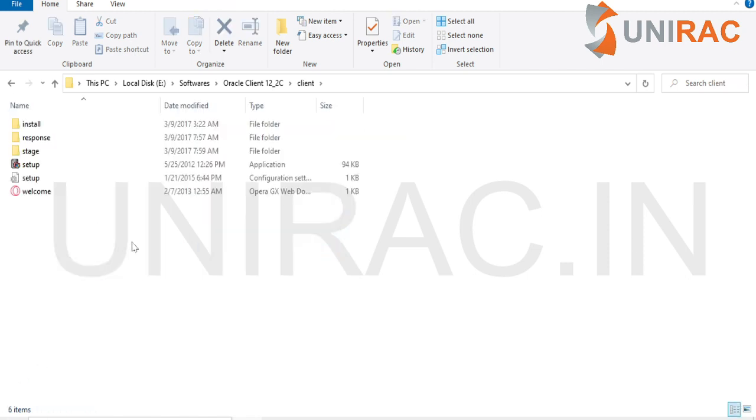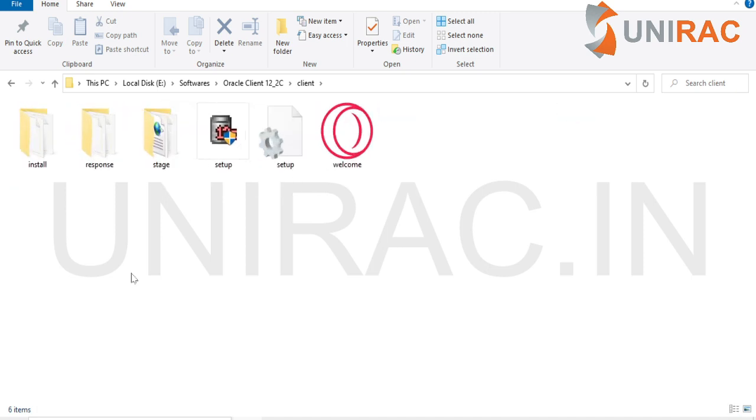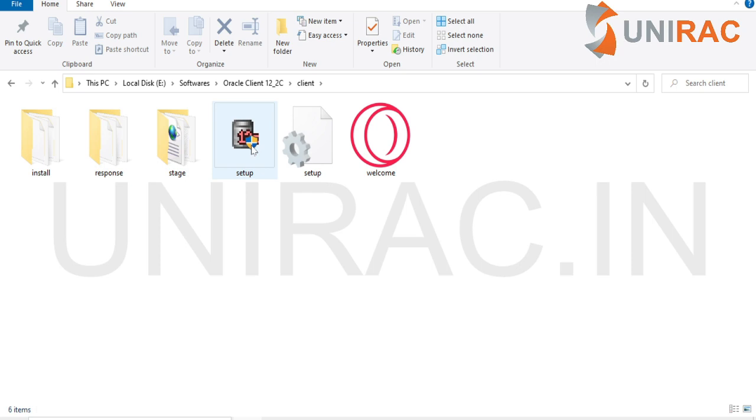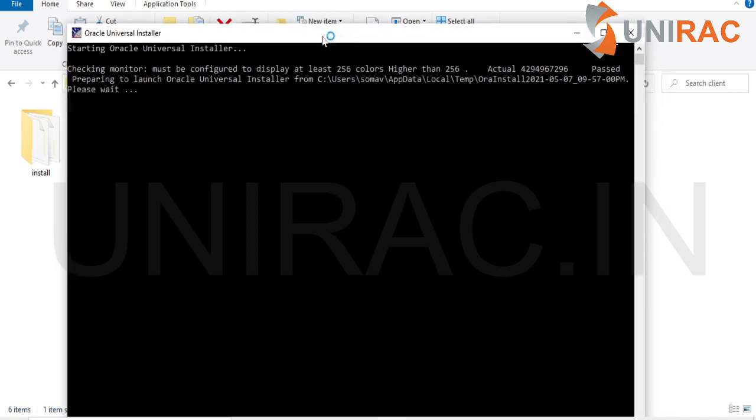Let's go to the client folder. We have a setup file. Run this setup file. Click yes to continue. Getting started, the universal installer.